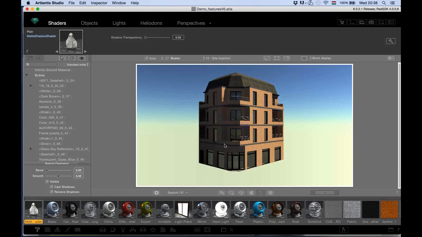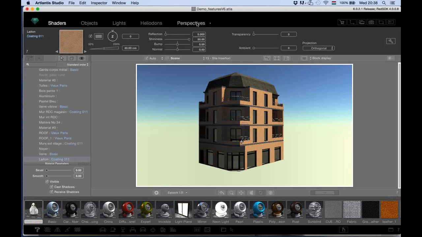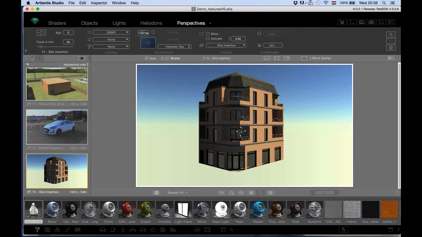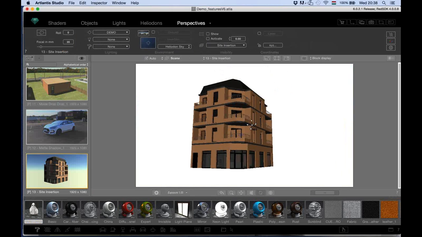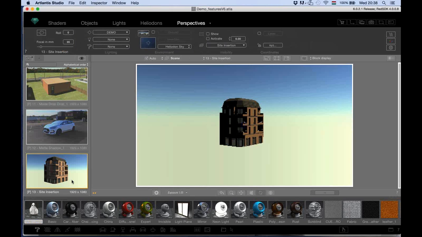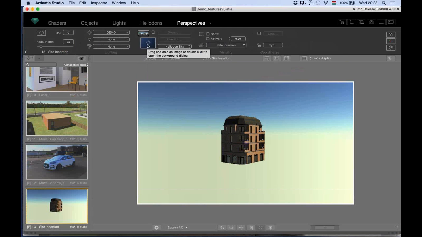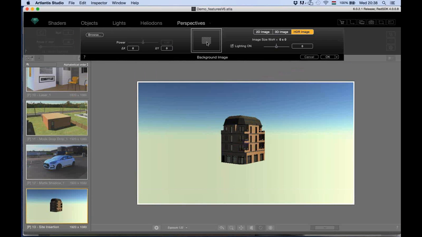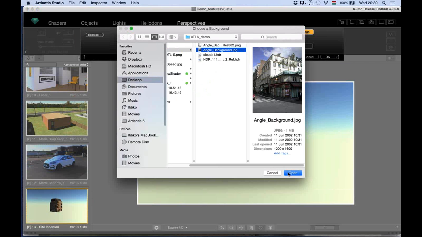I have a 3D building. This is a model. To the perspective inspector. Okay. So this is a 3D model, a new building, and I would like to simulate it in this new site. And for this I need a background image that was taken on a corner of a street where this building will be built. So let's go for a photo,